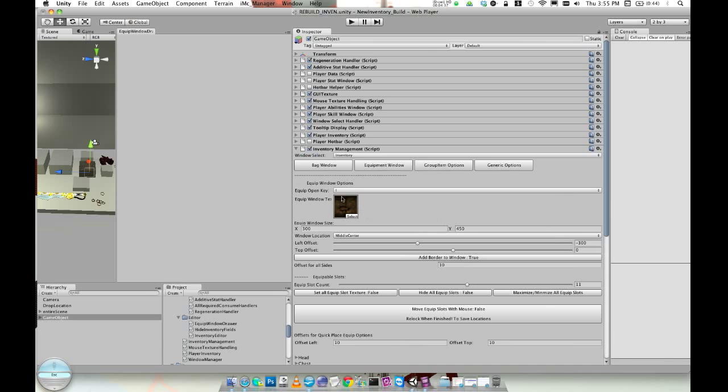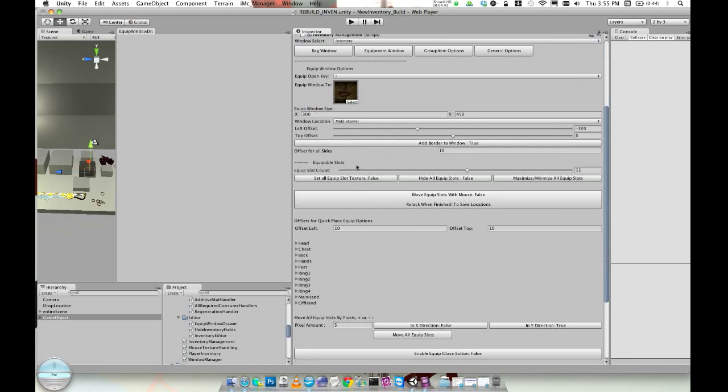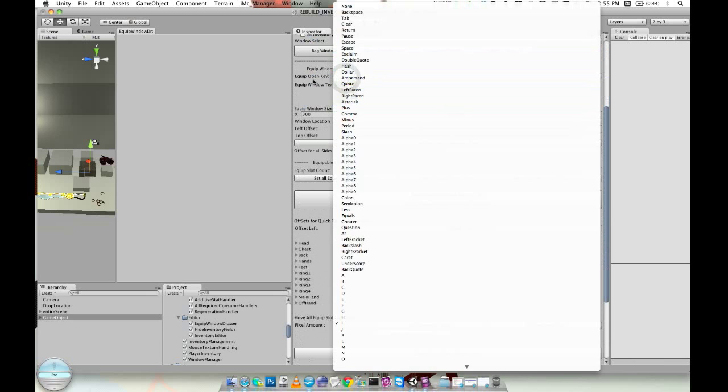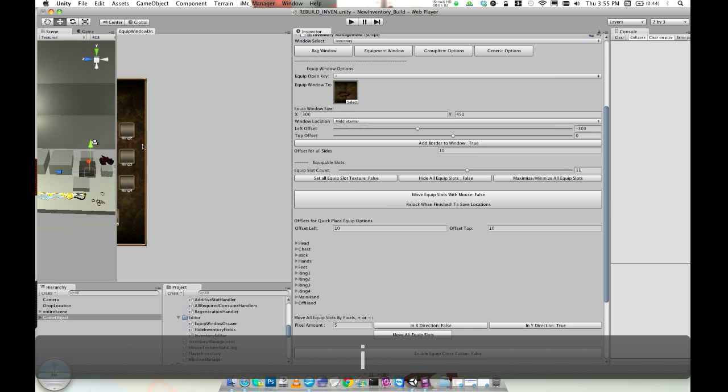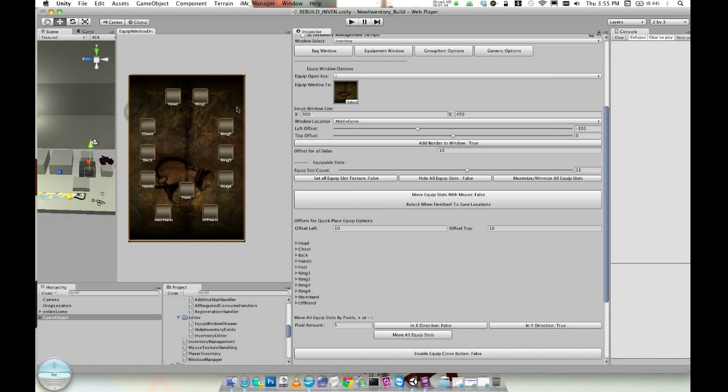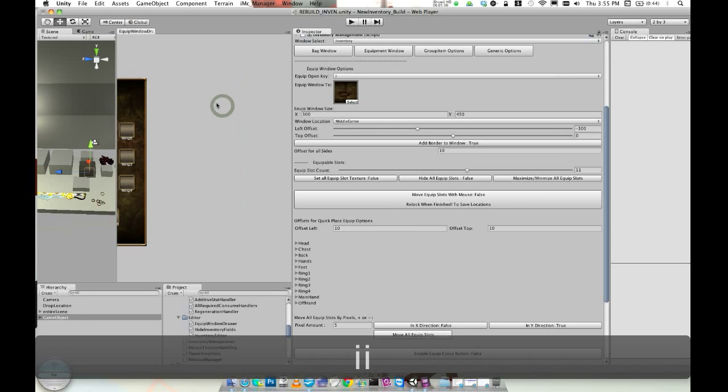So moving on, we're going to the equipment window. It's basically where all your equipables are set. And again, you can do the equip open key. It could be whatever you like, doesn't matter. You don't really have to have a texture, but I would definitely recommend that. You can select the window location. And if you can't see it in here, which is actually kind of off to the side, you can just